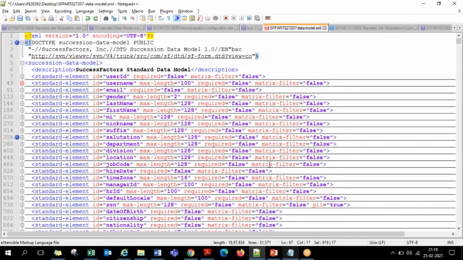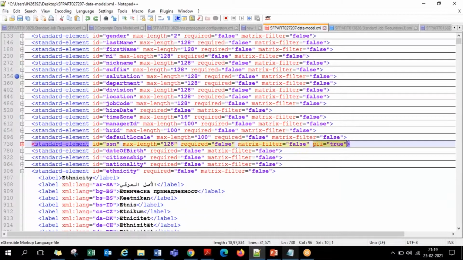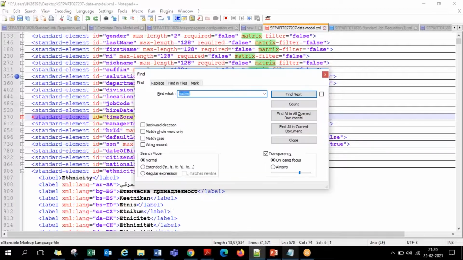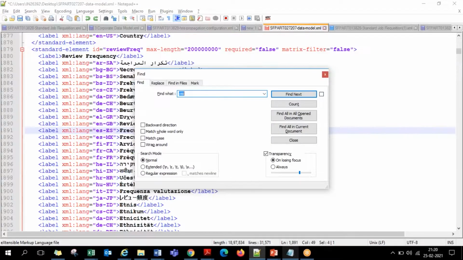Then a couple of other attributes: pii equal to true, which is for masking of data. National ID numbers, bank account numbers, these kinds of personally identifiable, sensitive information fields can be masked instead of displaying the data. And one more attribute we saw yesterday is the visibility attribute.